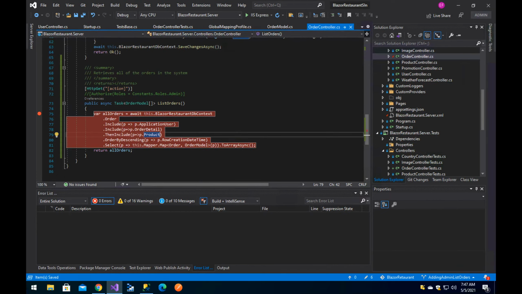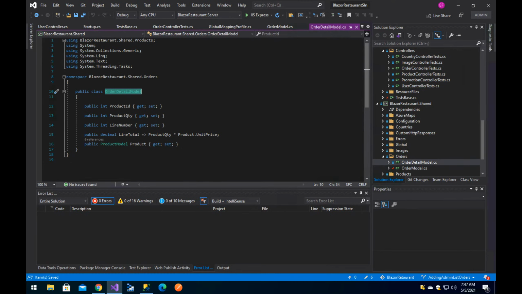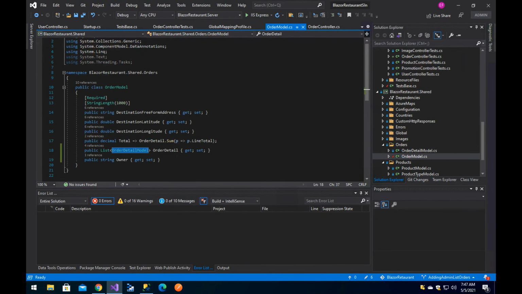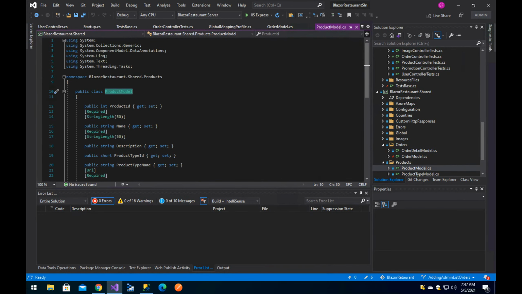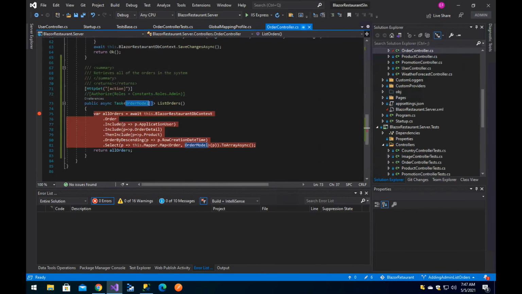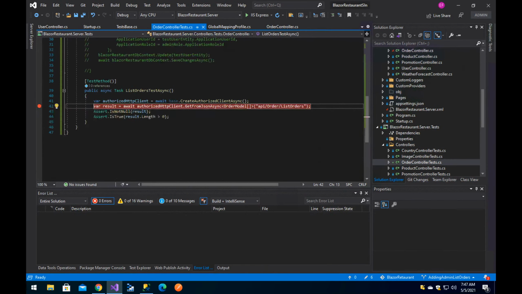Now order model has order detail model, it has the product model, and product model does not have anything else, I think. Okay, now